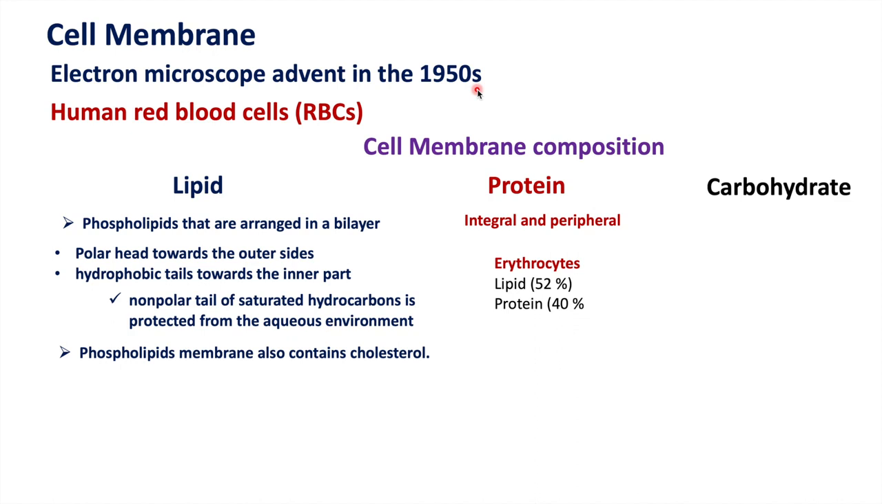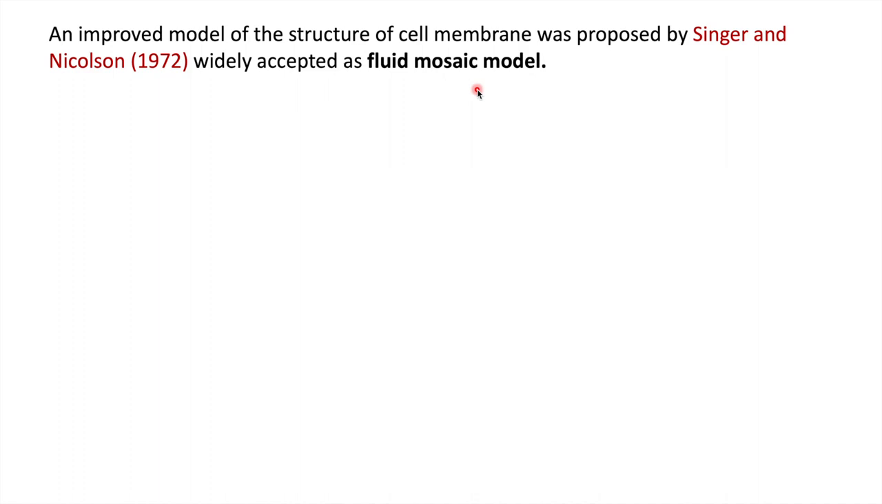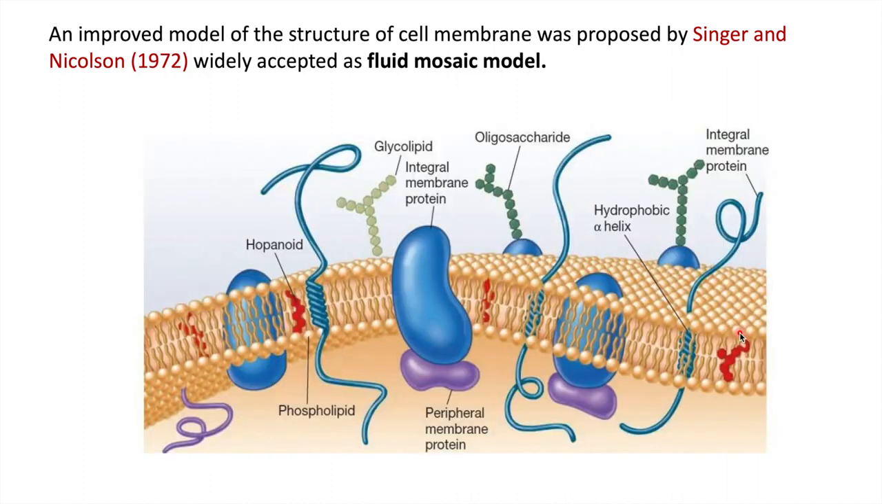So if we talk about erythrocyte, the lipid component present is 52% and the protein component is 40%. The cell membrane model was first proposed by Singer and Nicolson and is called the fluid mosaic model. This is the cartoon of the fluid mosaic model. This is the phospholipid bilayer chain. This is one chain, this is another chain, and this circular portion is the phosphate group, which is polar in nature, and this tail chain is made up of saturated hydrocarbon, and somewhere cholesterol is embedded between